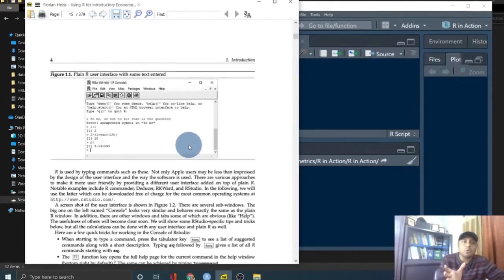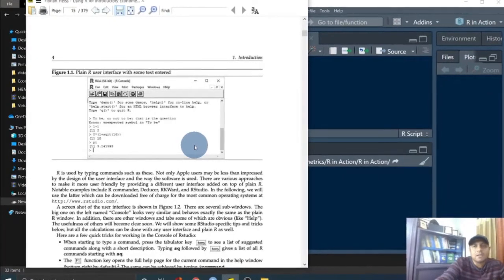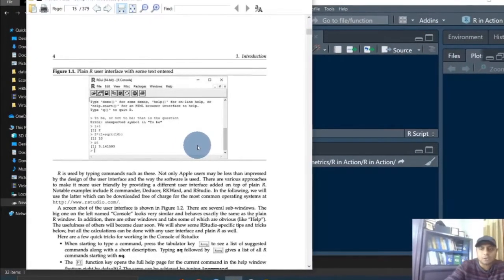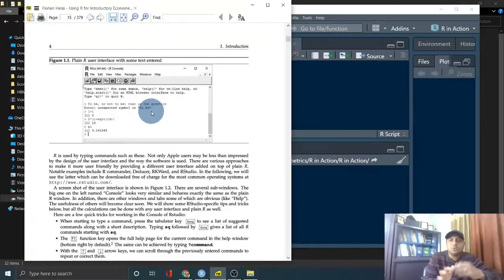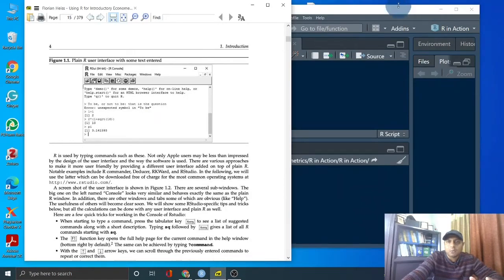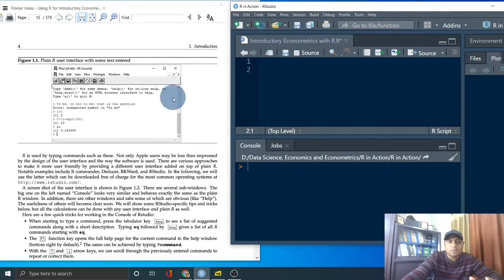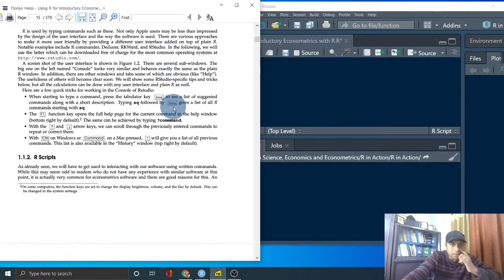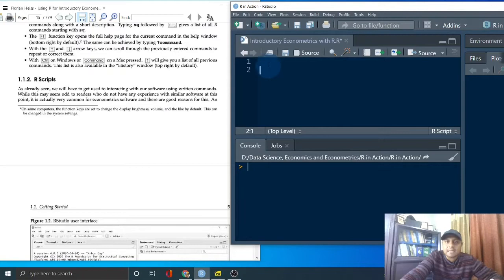And basically for those who don't know about the R programming language, the first chapter gives a quick introduction. It talks about the R console, where you can use your basic base R. This is RStudio we are talking about. This is my RStudio. But when you are dealing with the R console, then of course you can always use base R. And before you start, for instance in this case I start with introductory econometrics with R.